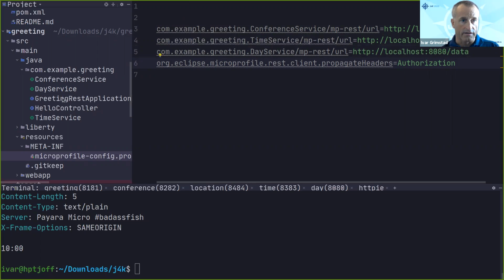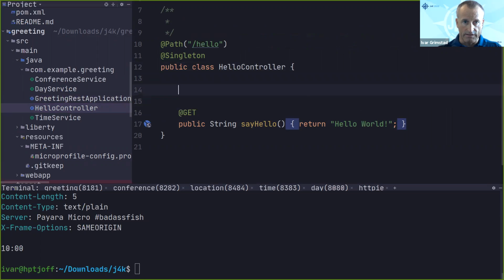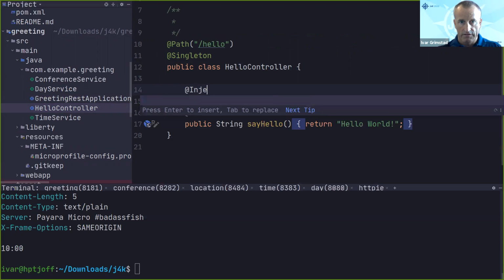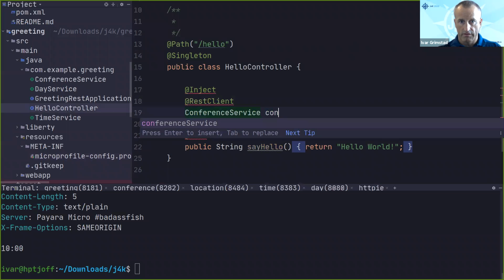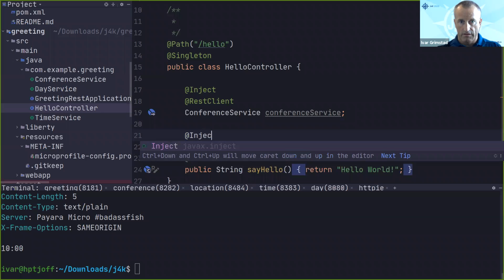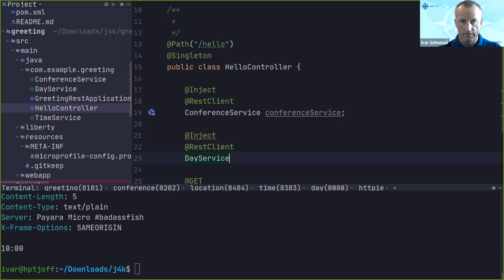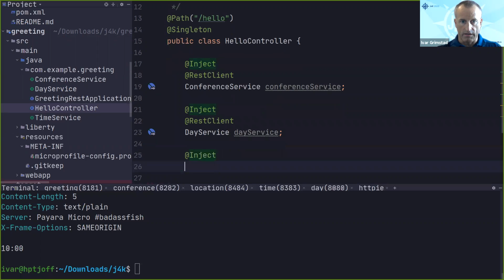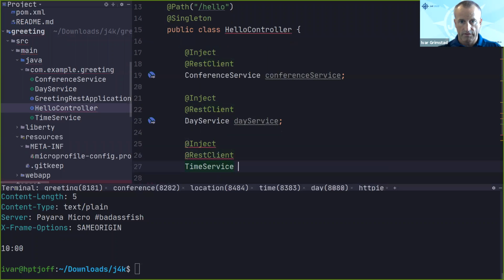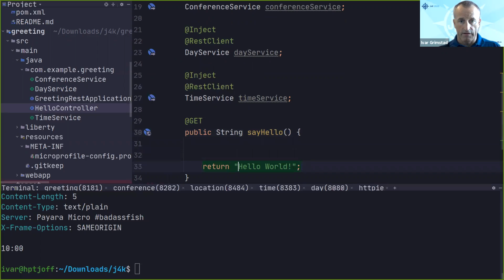If I go into the greeting application, what I have to do here is to inject all these clients. So inject the REST client for conference service, inject the REST client for day service, and inject the REST client for time service. There you go. And now in this method, I should be able to call